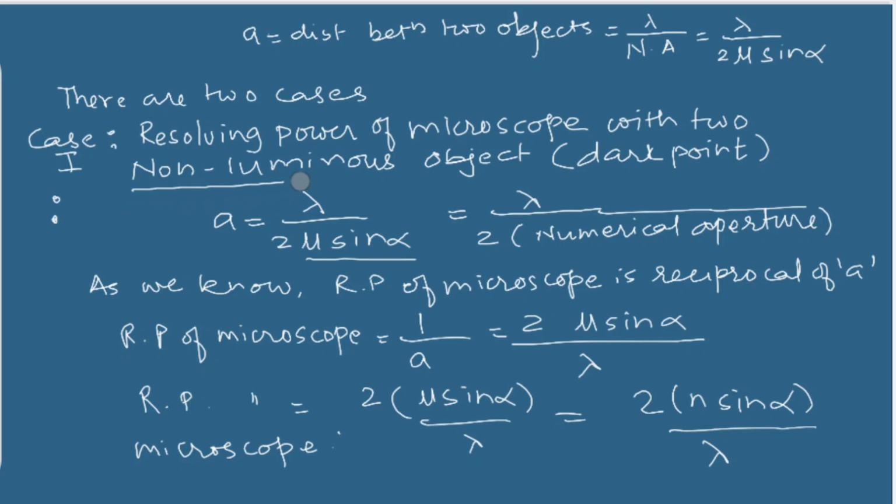What is that case? If non-luminous objects or dark points are present, then the resolving power is 2 mu sine alpha upon lambda. Now we will go ahead and see the second case, in which we will see self-luminous points. So for case 2, we are taking resolving power of microscope